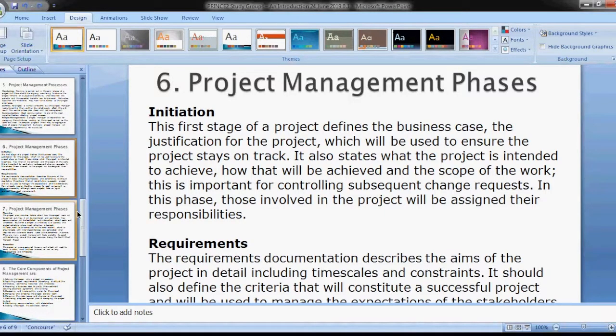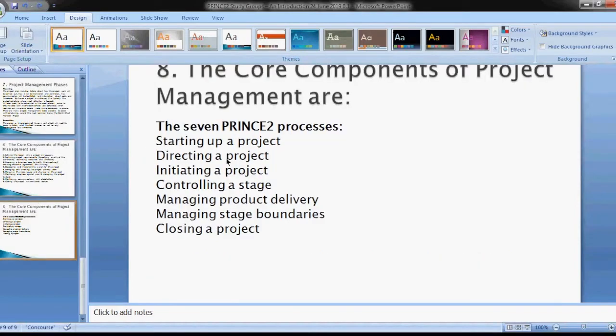I'm not going to bore you with all these definitions. I wanted to go straight into the core components of project management. There are 7 PRINCE2 processes that have been identified. Starting up a project, that means you have this idea in mind: I want to build this 10 million pound, 10-bedroom mansion. Directing the project, initiating the project, controlling a stage, managing product delivery, managing stage boundaries, and closing a